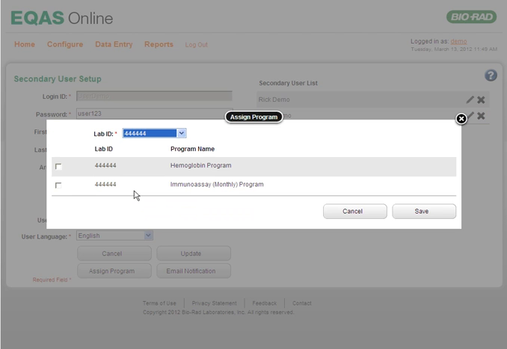The programs that the lab is assigned are displayed in the dialog box. If you are assigning programs to a new secondary user, select the appropriate programs by selecting the corresponding checkbox. If you are editing the details of an existing secondary user, select or clear the checkboxes as required. Finally, click the Save button.